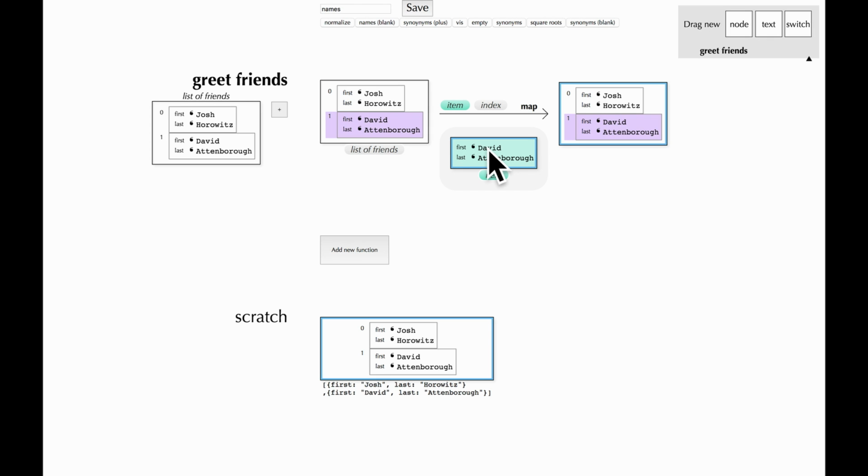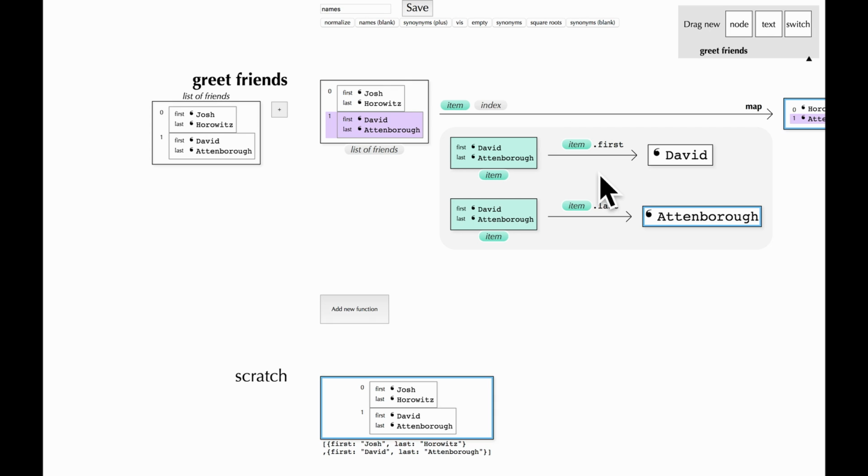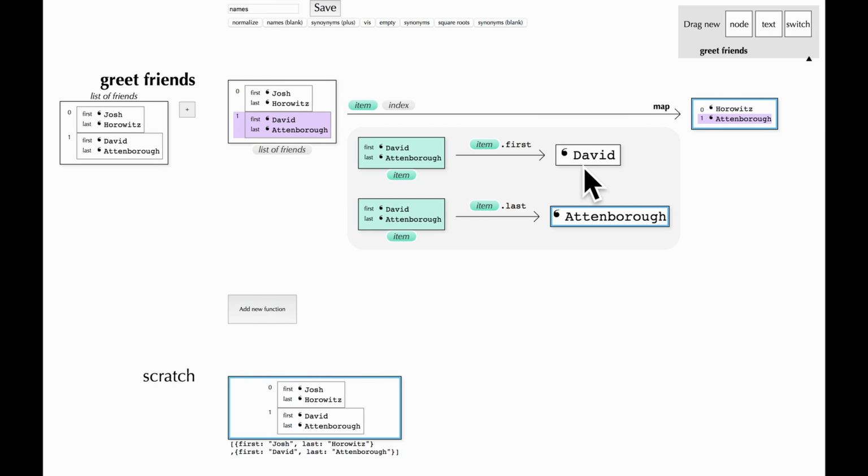The full name is a function of the first and the last name combined in a certain way, so we want to extract that information. Pane has a feature called extract field that we can use for this. We put the mouse over the first name and we say extract first. Then we put the mouse over the last name and we say extract last. Now we have two separate calls to extract out the first and the last names. They're a little verbose though. They take up a lot of space, but we can collapse them,